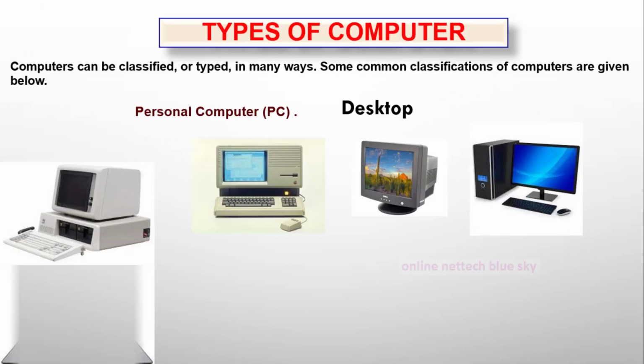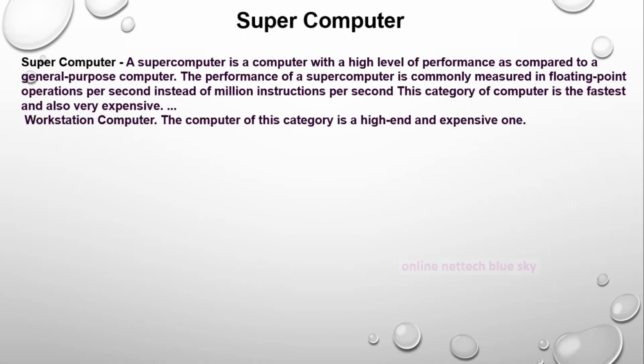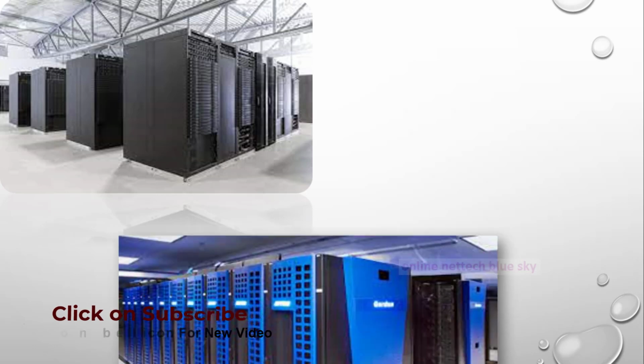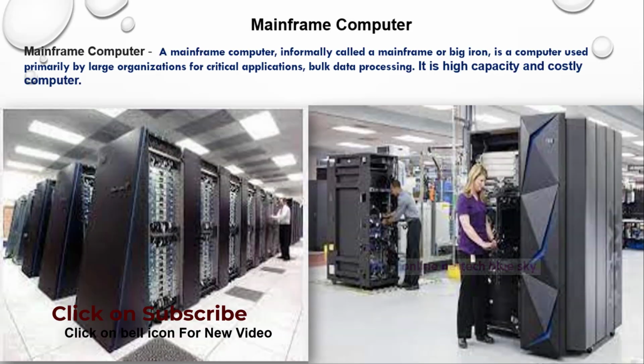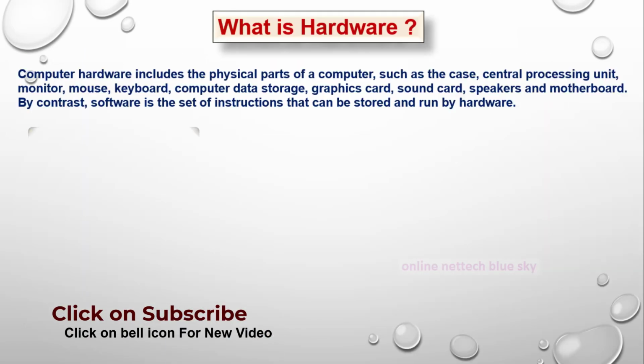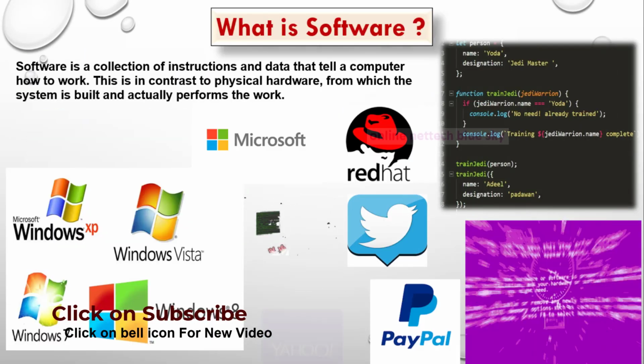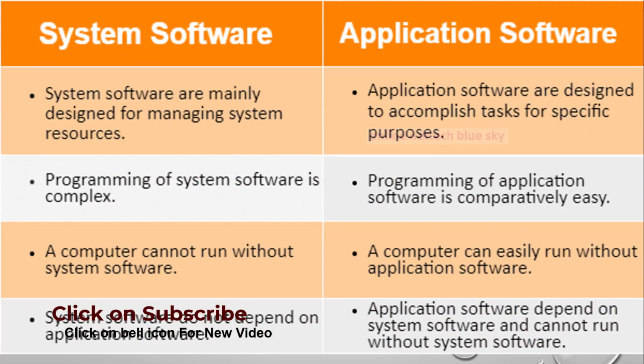computer. Okay, so personal computer, different types of computer available. I already discussed mainframe computer, what is an embedded computer, and what is hardware. So understand what software is. This is very important for understanding and continuing